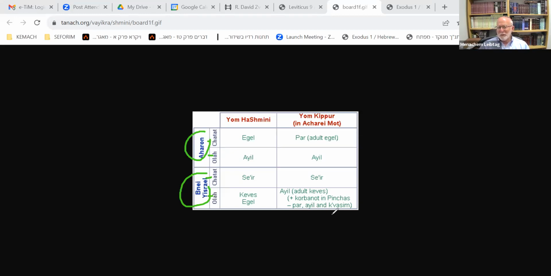But you can't miss the parallel between Yom HaShmini, the 8th day, which is inaugural, right? And then its yearly repetition in Yom Kippur. Now, in theory, I could have done Yom Kippur every year on Rosh Chodesh. It could be anything. It's got to be once a year. In light of Chet HaEgel and the second Luchot, the best day to do it is going to be the 10th of Tishrei. But that's my key point I'm trying to get across today, the need for a yearly re-inaugural ceremony. Sort of an anniversary ceremony